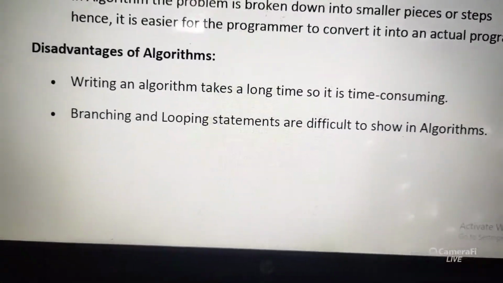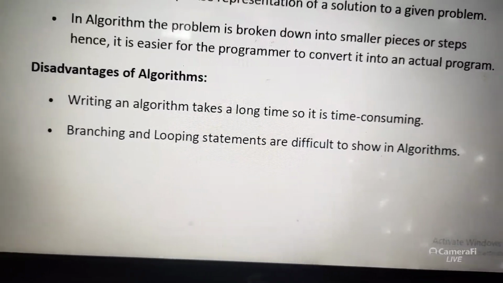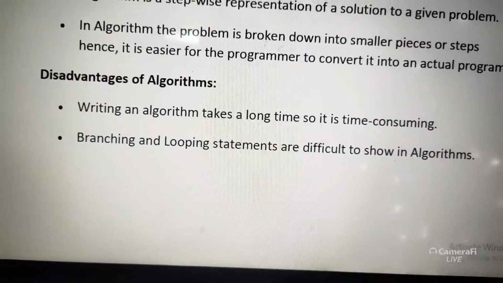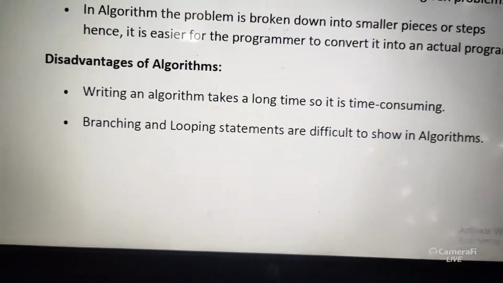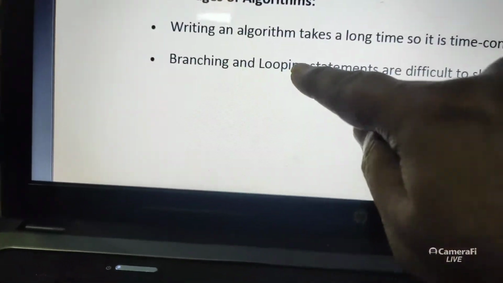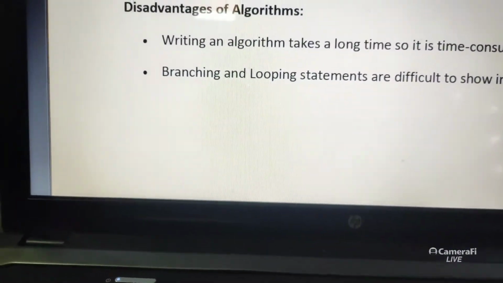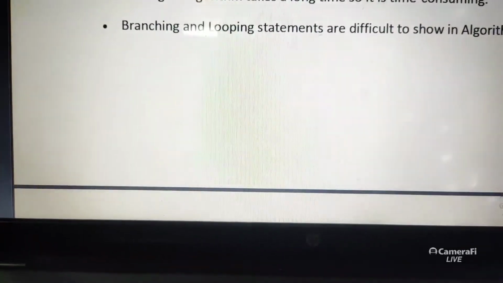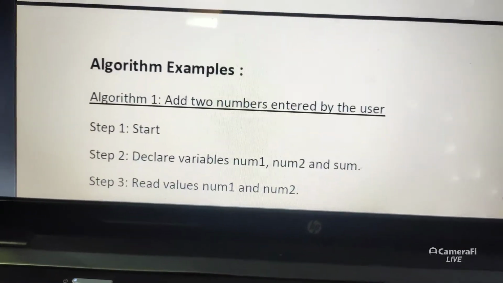You are entering two persons' names. First enter name, father name, mother name, address. Next again enter the second person's name, father name, Aadhaar number, address. So sometimes we require some statement to be repeated. That is called loop. Branching means linking one item to other. So these are difficulties. I have given two examples.